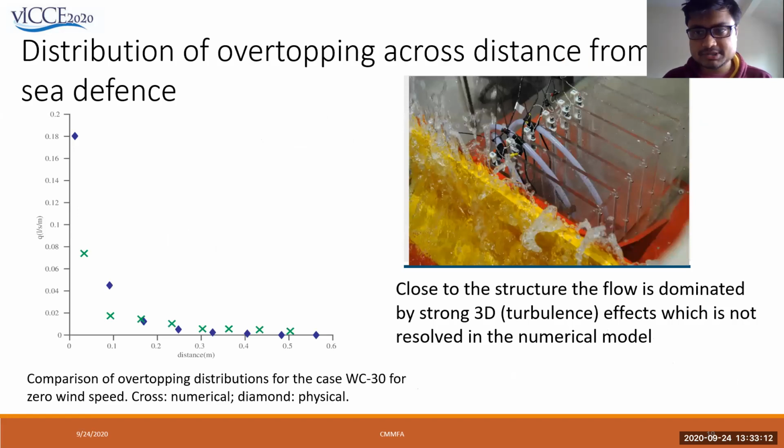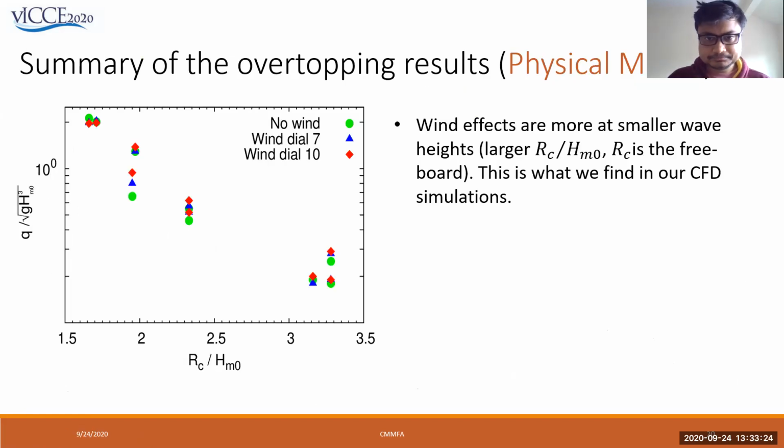This is just a comparison between our model and the physical model test in terms of the distribution of the discharge as you go out from the coastal structure, and close to the coastal structure, the flow is very much dominated by the mixing. This is some data we can gather from our physical model test and then come up with this kind of variation of the non-dimensionalized overtopping rates over range, where we change the freeboard of the coastal defense and the incident